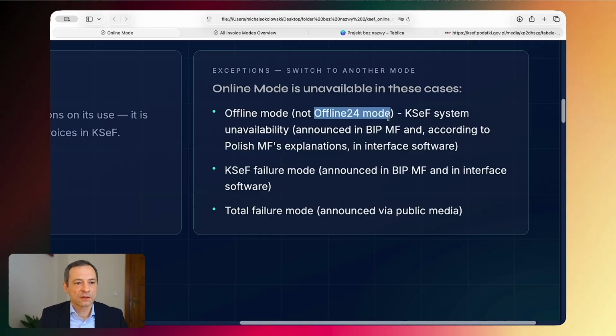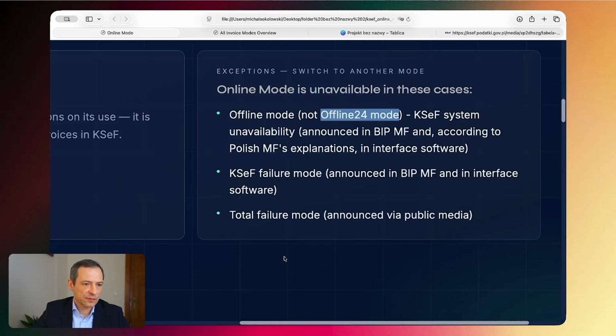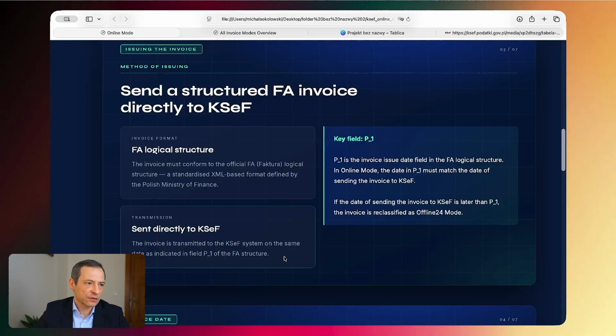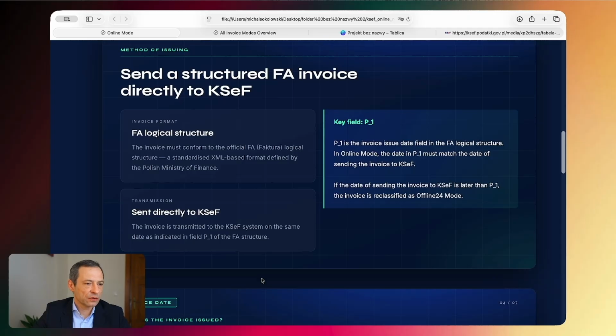Consequently, when the Polish National Electronic Invoicing System is working, you can issue invoices using the online mode, which is, from the Polish Ministry of Finance's point of view, the main method, but you are also allowed to issue invoices using the offline 24 mode. In terms of the next question, namely how the invoice should be issued, what is the method of issuing this invoice, it should be noted that within the online mode, the invoice is issued to the